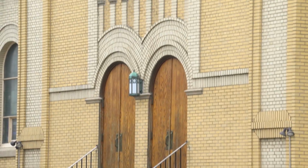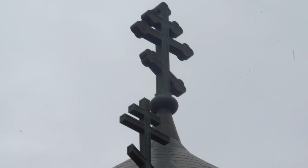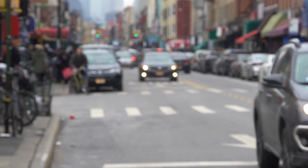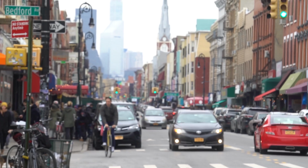The Russian Orthodox Cathedral of the Transfiguration of our Lord is a pretty cool spot to visit, and I highly recommend going out there and taking some cool pics of that place. Now, we're going to mention this as well. If you keep heading north from McCarren Park in the area of the cathedral, you'll eventually enter an area called